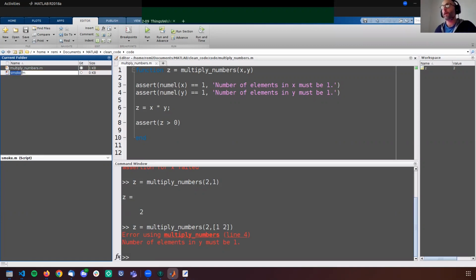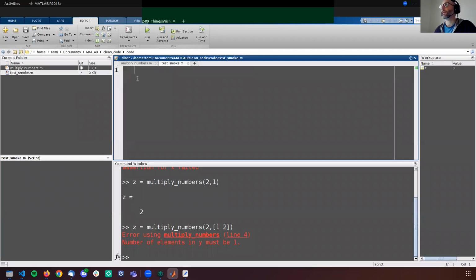Actually, when you start writing tests, they are either test underscore something or something underscore test. That depends on the style you prefer, or sometimes you actually have to use one or the other. So let's write a test smoke.